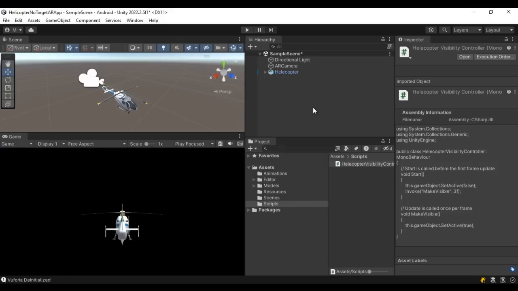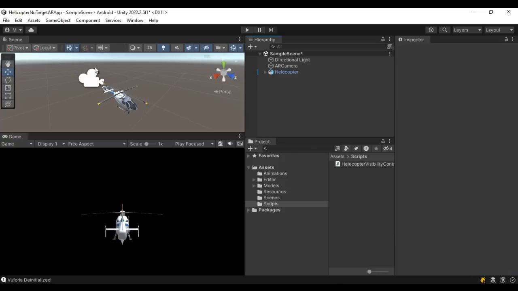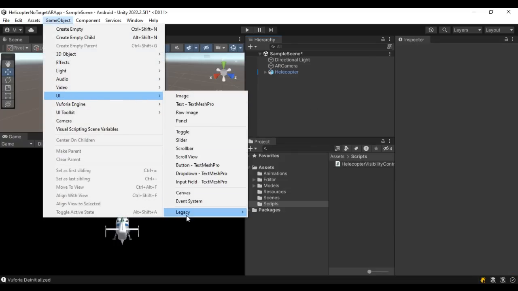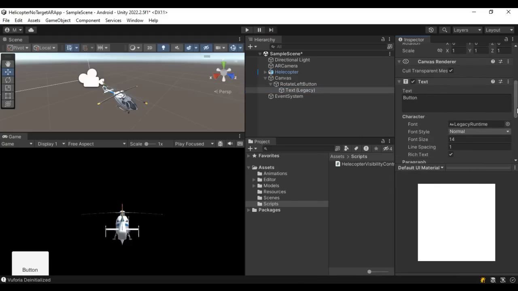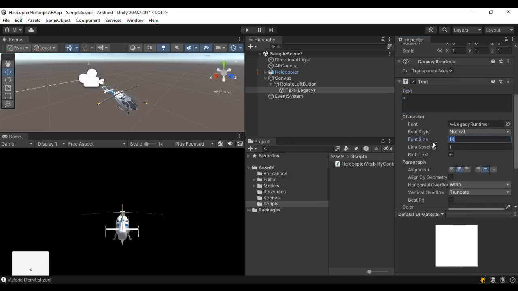For that, I am going to create a user interface. I set up a simple user interface. Using the user interface we control this helicopter movement, guys. Go to game object, UI, legacy, button. I created a button. Let's rename it to rotate left button. I'm going to set its width to 100, set its height to 100, and I go inside, select the text, and then here I use the less than symbol, and let me change the font size to bigger, let's say 52,